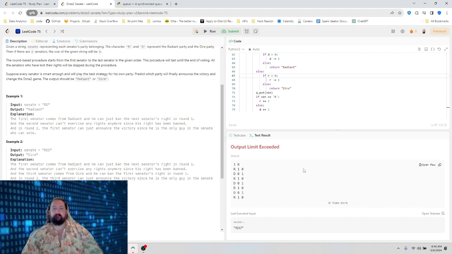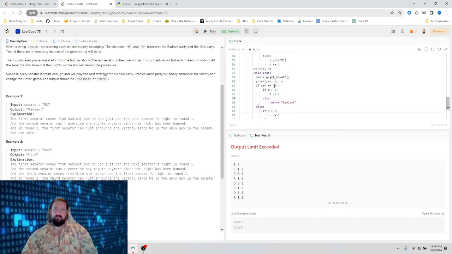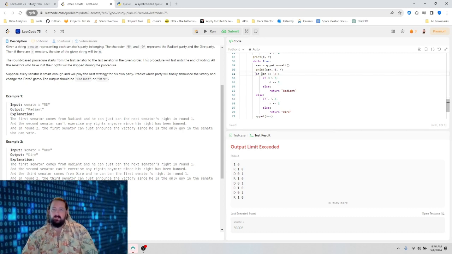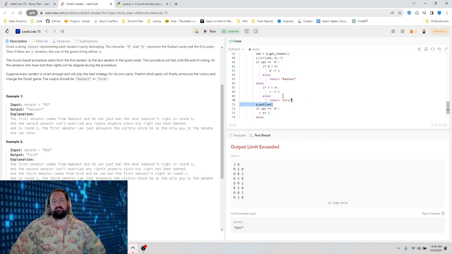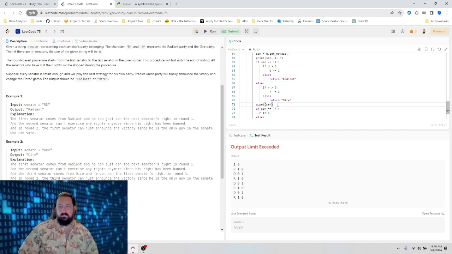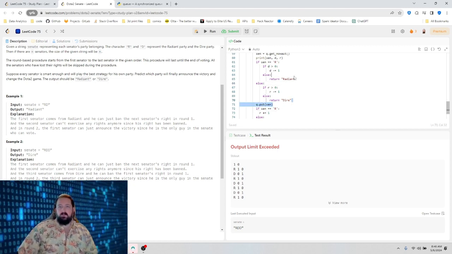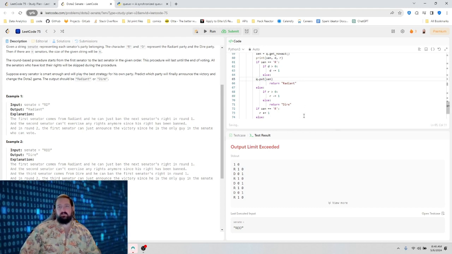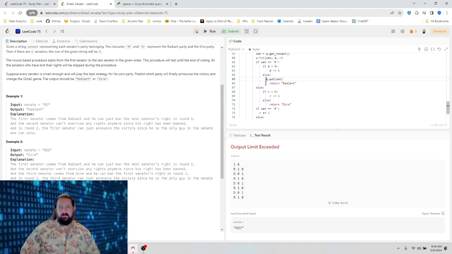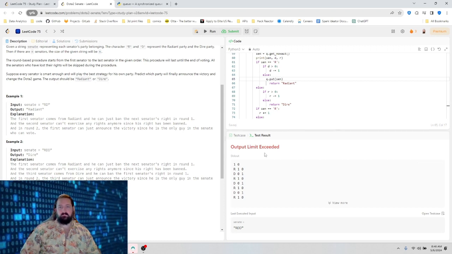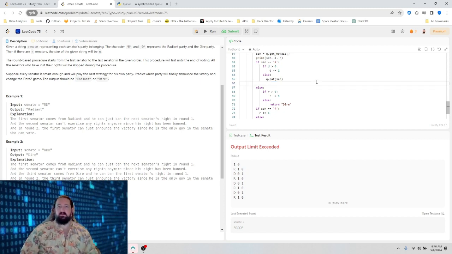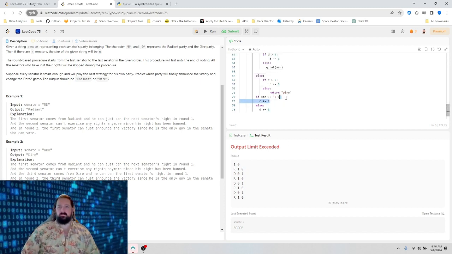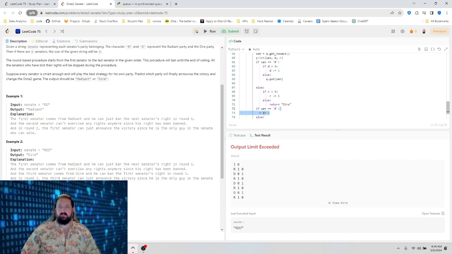Okay. Output limit exceeded on this one because every time... Okay, so that got stuck in an infinite loop where I'm not actually deleting anyone. So what I should have done is this.